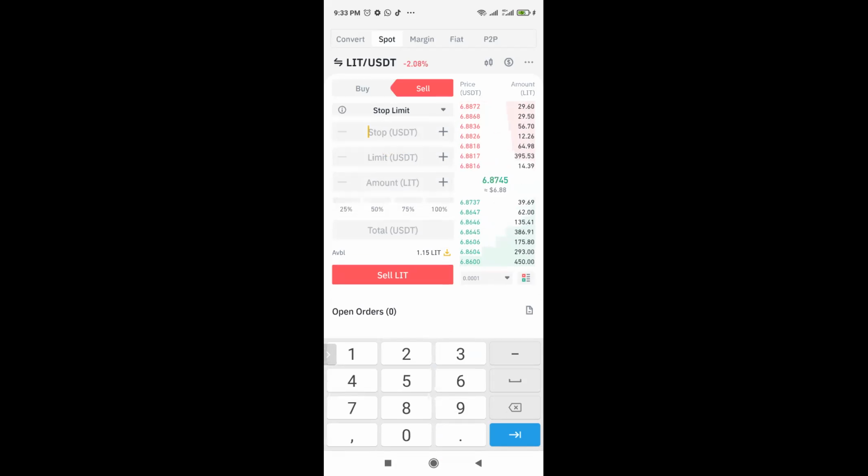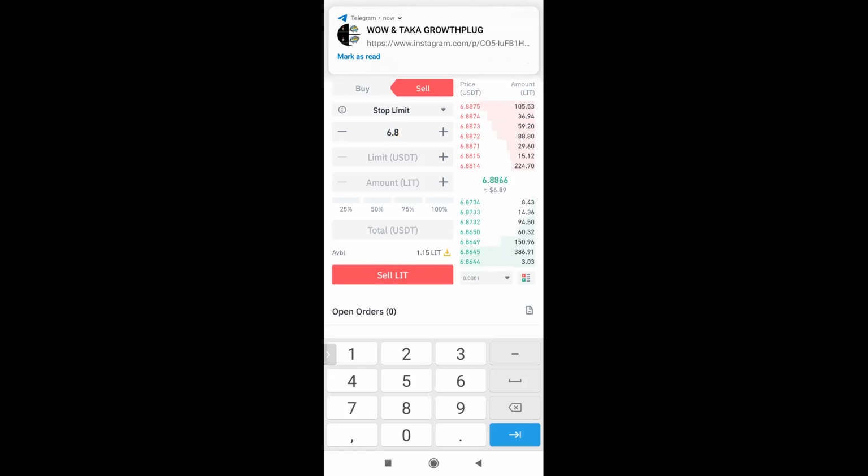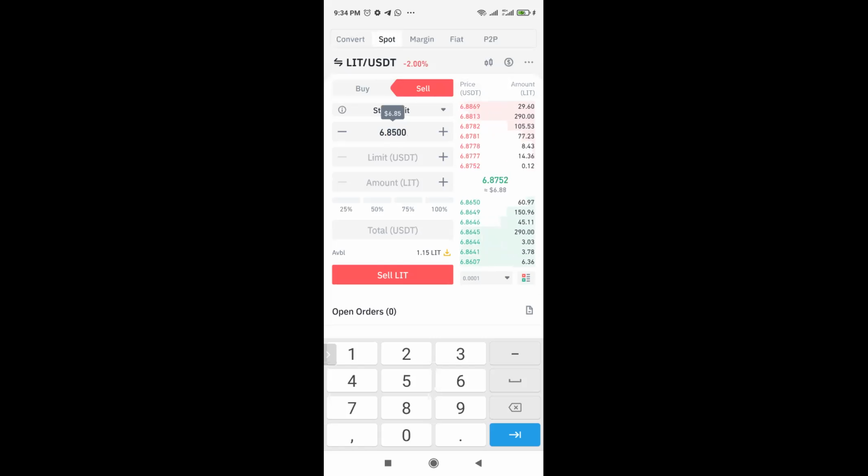So I can say, Binance, if this lead reaches 6.8500, please just sell off for me.